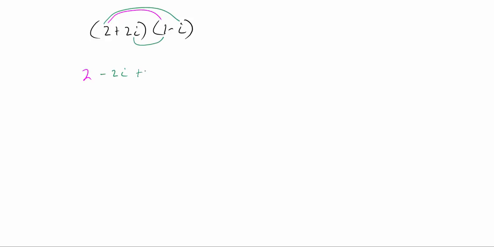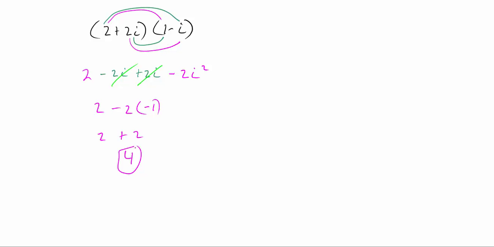Multiply here, we would get a positive 2i, and then here we would get a negative 2i squared. So the negative 2i, the positive 2i is going to cancel, and then we have 2 minus 2 times i squared, and recall i squared is really a negative 1, so therefore we get 2 plus 2, which is equal